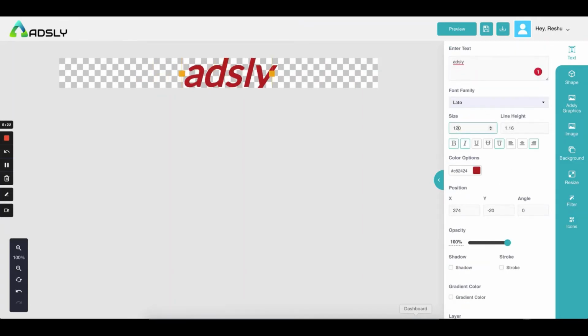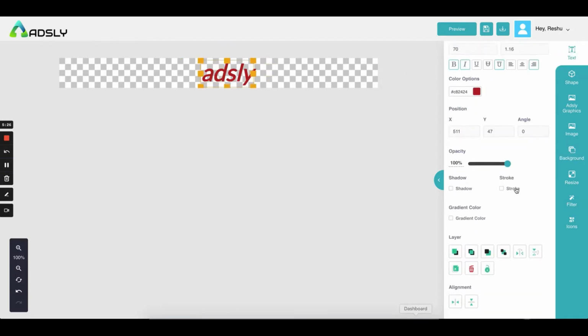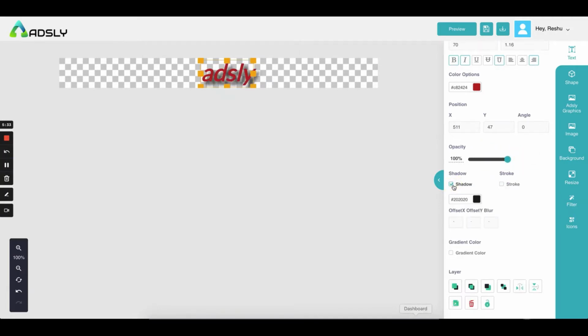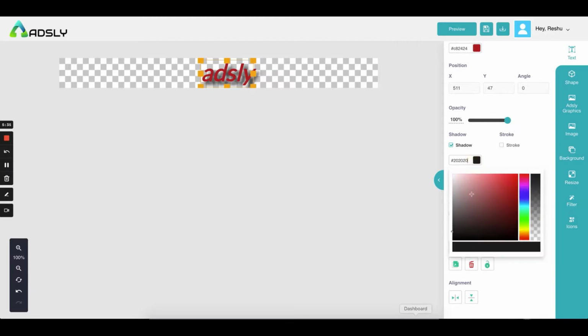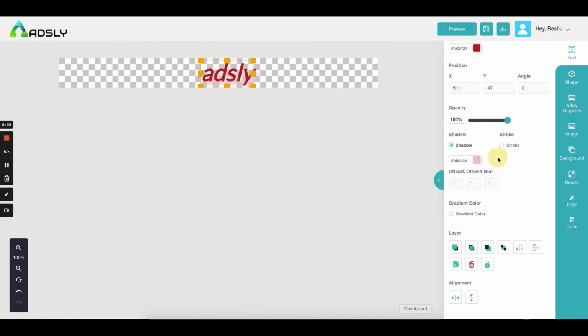Let me reduce the size of it. Then opacity, the visibility of the text, you can decide that. You can add a shadow to it, and while you add a shadow, you can also edit your shadow, whatever color you are looking for.